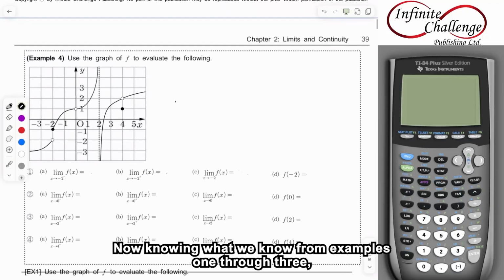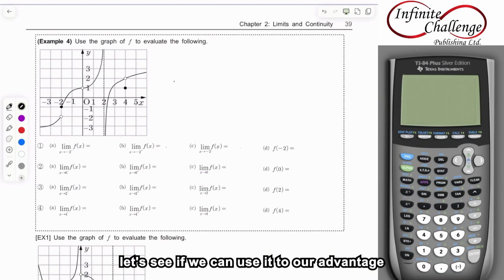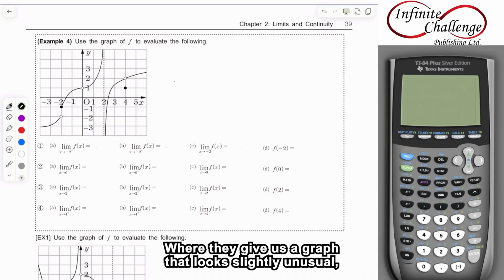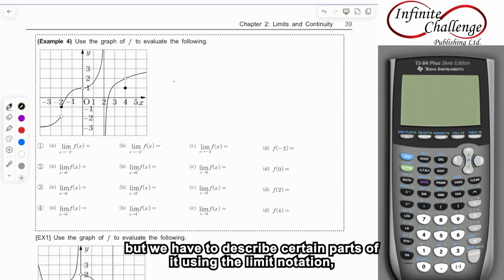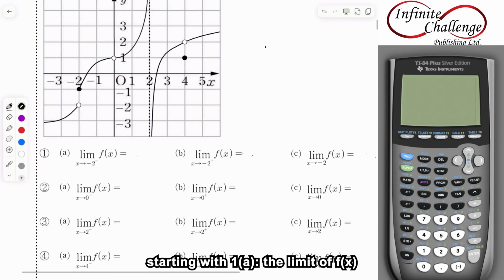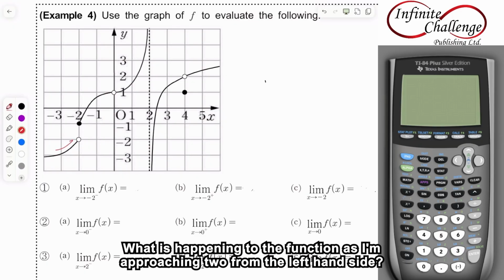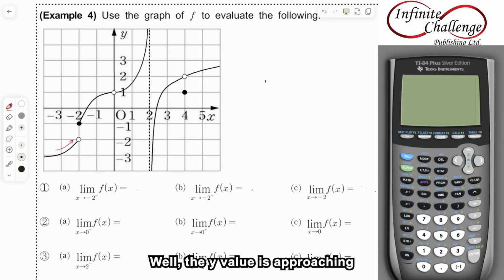Now, knowing what we know from examples 1 through 3, let's see if we can use it to our advantage in example 4, where they give us a graph that looks slightly unusual, but we have to describe certain parts of it using the limit notation. Starting with 1a, the limit of f of x as x approaches -2 from the left-hand side. What is happening to the function as I'm approaching -2 from the left-hand side? Well, the y value is